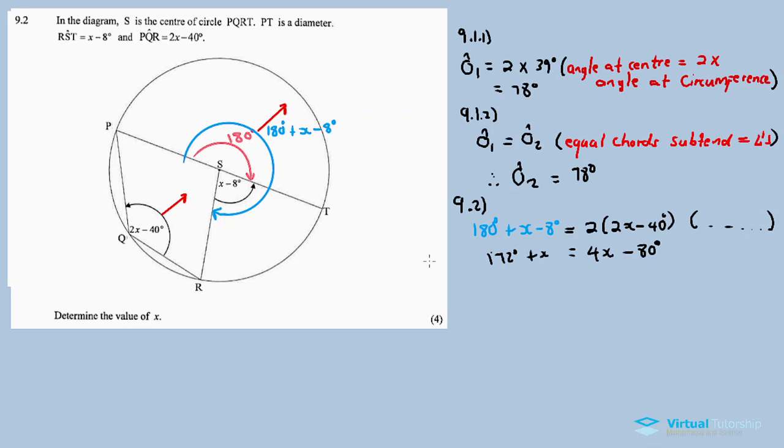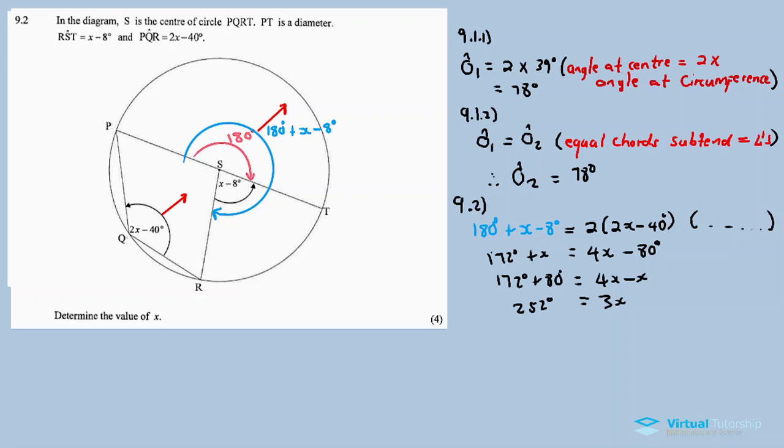Plus x, and then we take the x's and put them together, and then we take the angles and put them on one side. So we take this x and move it across, and the 80 degrees to the other side. So you have 172 degrees plus 80 degrees is equal to 4x minus x, right? 4x minus x is 3x, and then 172 plus 80, that's